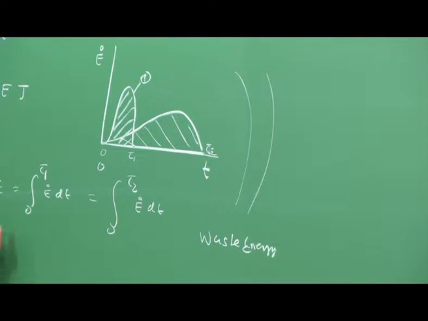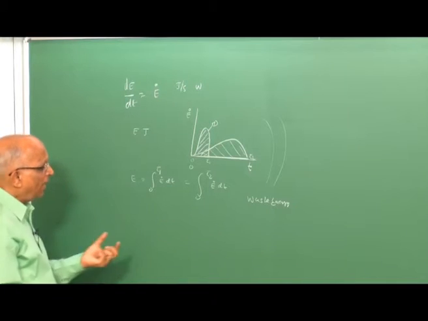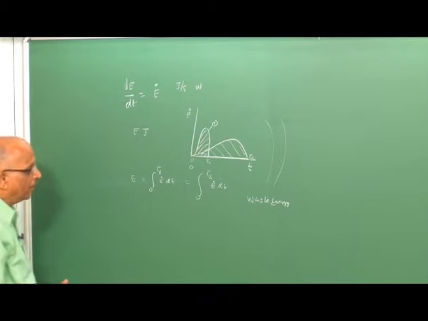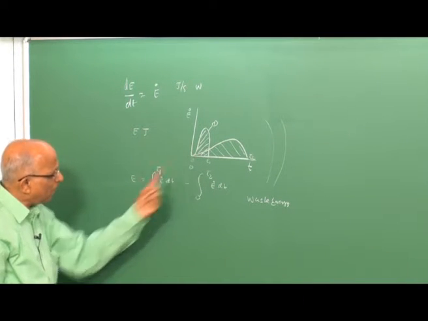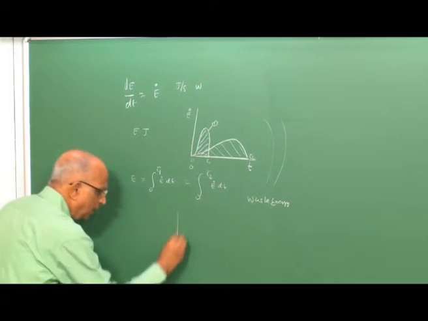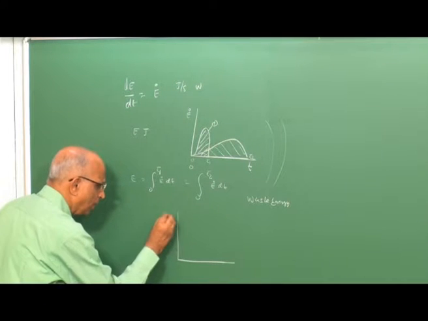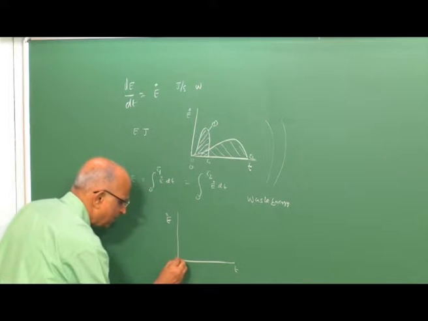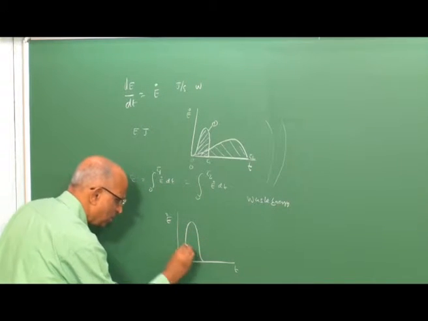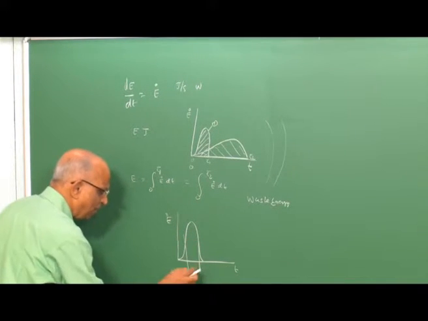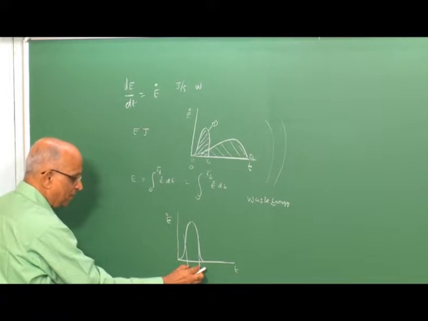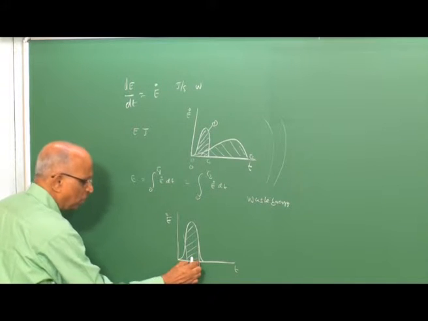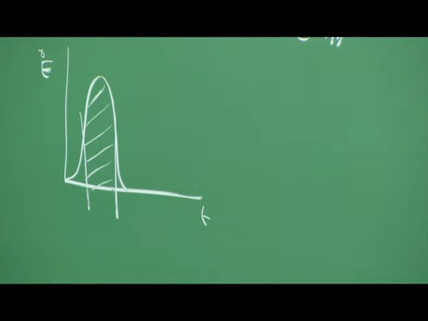Therefore, our aim is to find out E naught, and we are also interested that the energy is available as a spurt. Let us take a look at this figure again. Let us say I have E naught in watts as a function of time. We said the energy release could be like this. We are looking at an effective value. This is the effective duration of energy release, and this is what we want. We want this time to be as short as possible.